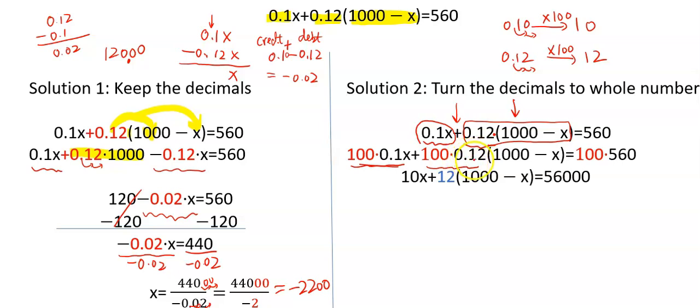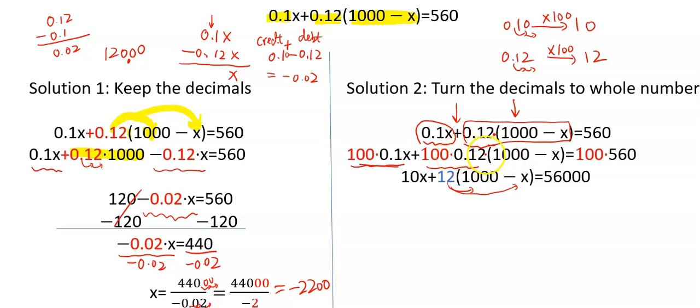So notice that 0.12 will be increased 100 times. And then, in order to get rid of the parentheses, we're going to distribute 12 to both of them. And notice that in the process of this, that 100 we multiplied into 0.12 will be distributed to everything in the parentheses. So that's why we don't really need another 100 here,